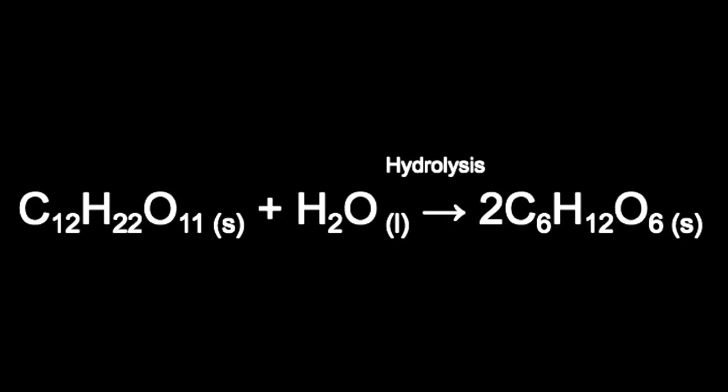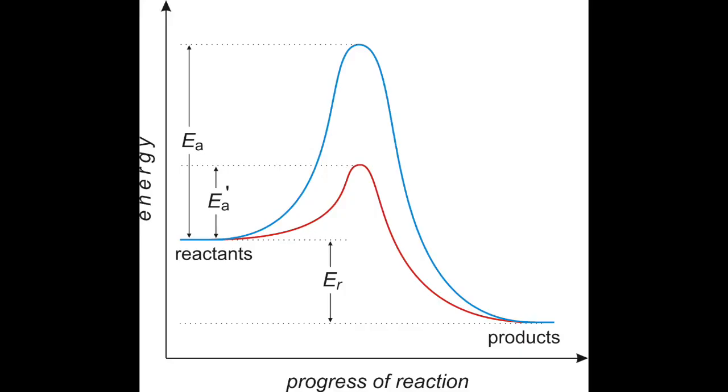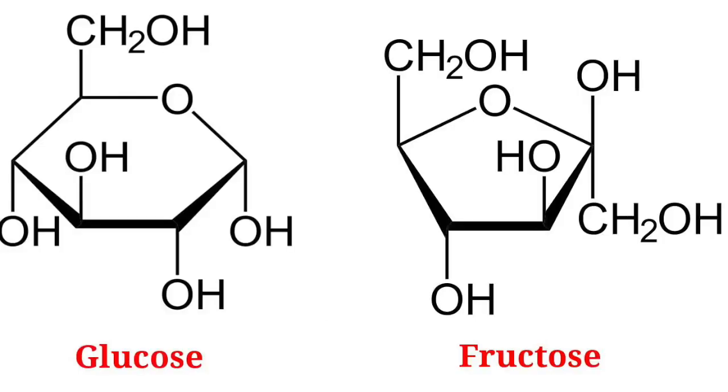In this reaction, the enzyme would be a catalyst, cutting down the energy requirement to break the bonds in sucrose. Without a catalyst, higher amounts of energy would be required to break these bonds. However, with catalysts, although the process would take the same amount of time, they cut down the energy requirement significantly. Once the bonds in the sucrose are broken, the disaccharide is now two individual monosaccharides and can finally be absorbed